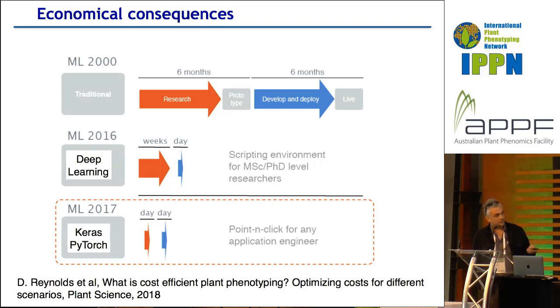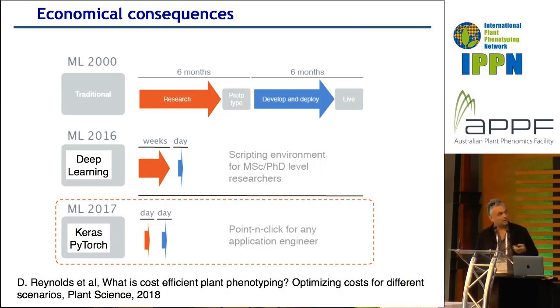And since 2016, I would say, with this deep learning stuff, and maybe even speeded up with the development of applications which are more ergonomic for development, such as Keras or PyTorch, you can reduce the development to something like a couple of days. In some points, this is a kind of disagreement with a recent article. This is a point of discussion that we could have with Mark, where there was a kind of estimation of the cost of a plant phenotyping system, and one of the bottlenecks was pointed to be image processing. We see that there is a reduction of the cost of image processing, so the deal may change at some point.